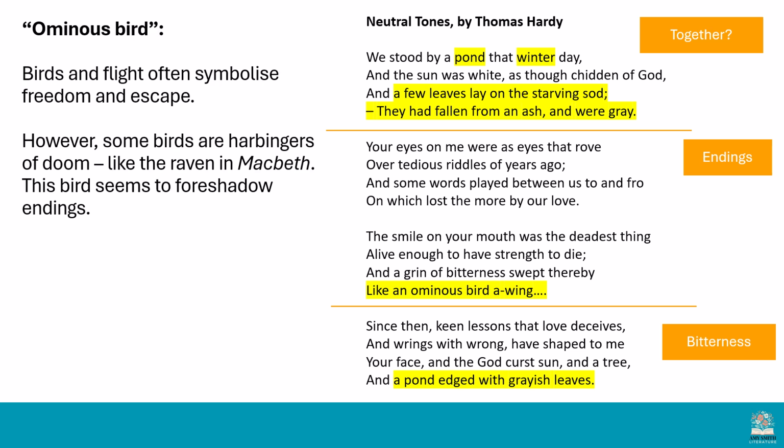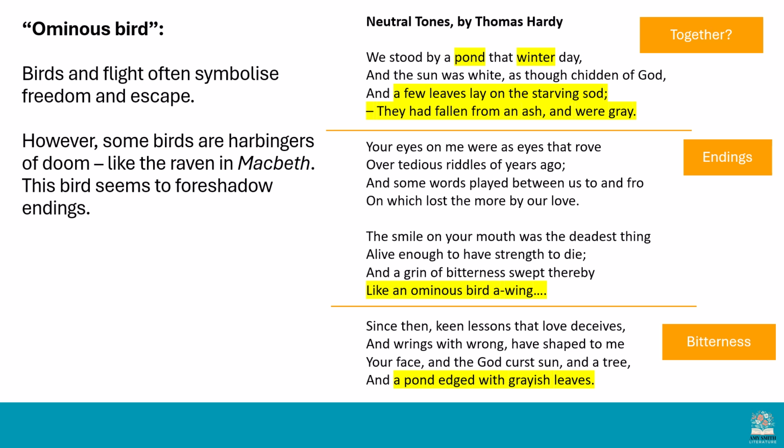The ominous bird then, so at the end of that third stanza, well, you might be thinking, birds, right, I know about that. Birds in flight symbolize freedom and escape. Think about a poem like Mother, Any Distance, where we have the kite up in the sky. The kite is free, it's liberated. That's about the child trying to escape the mother. You might think about Walking Away, where the half-fledged bird is getting ready to fly to escape from the constraints of his parents and to carve his own path in life.